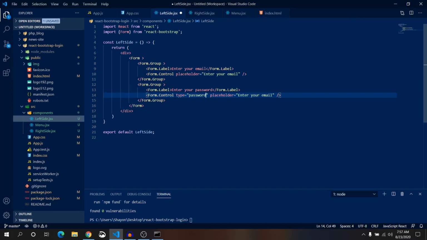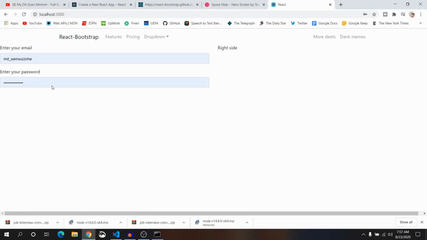You can't see the password if you just write type password. Okay, and here just copy this enter your password and paste it in the place of placeholder text. Okay, let's check it out. How does it look? It's looking perfect, you see.